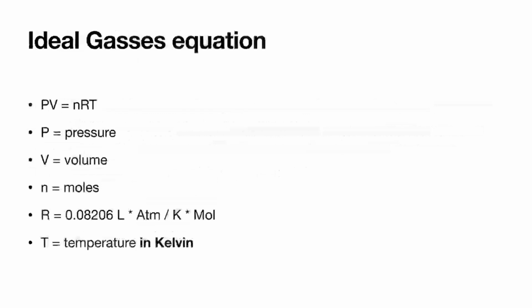So you're left with the correct unit at the end. And then obviously T is for temperature. Just another reminder, temperature must be in Kelvin for all of these equations. And again, to convert from Celsius to Kelvin, you just take whatever number you have in Celsius and add 273.15. But you have to do that for every single ideal gas problem you have, or you will get a completely